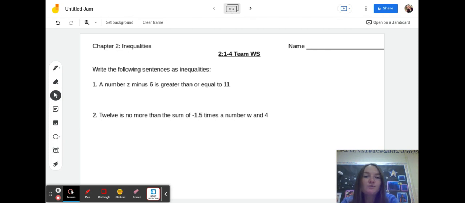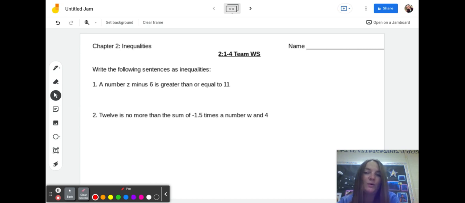Okay, so today what we're going to do is go over chapter 2, 1 through 4. This is about half the chapter, and we basically just covered inequalities in this chapter. So what I want to do is go over some question types that you might see on a potential quiz. Starting with question number 1, it says a number z minus 6 is greater than or